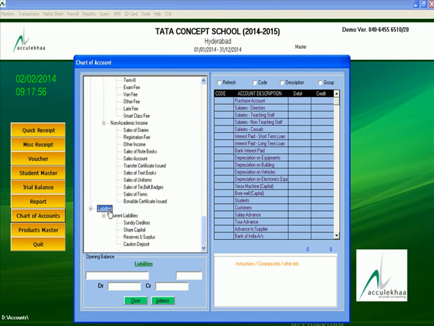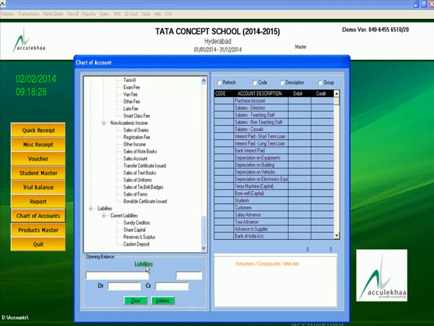In liability, I am going to create a main group. For that, I have to first click the liability button. Once it is highlighted, you have to click the right button, click insert, and the main heading should appear here.